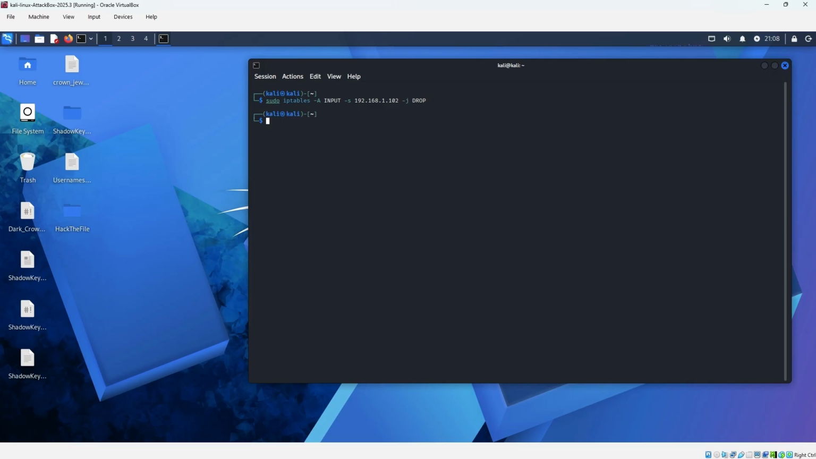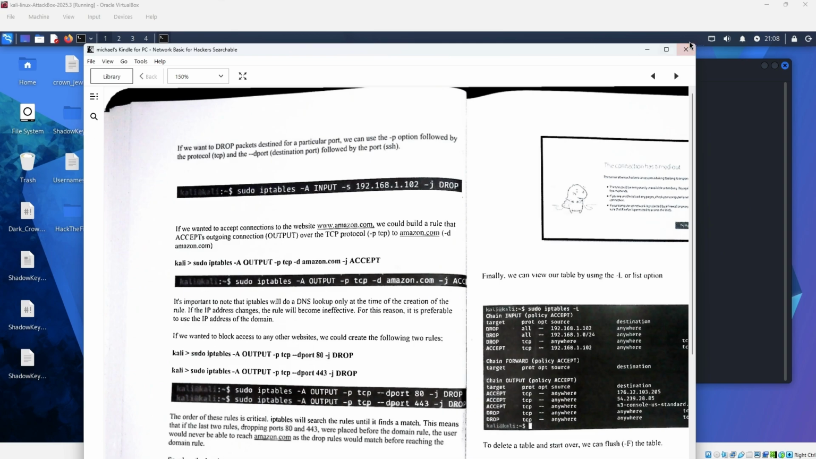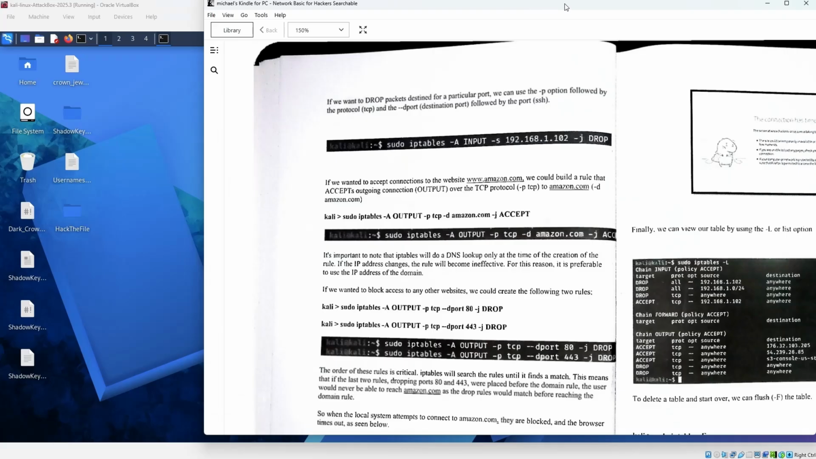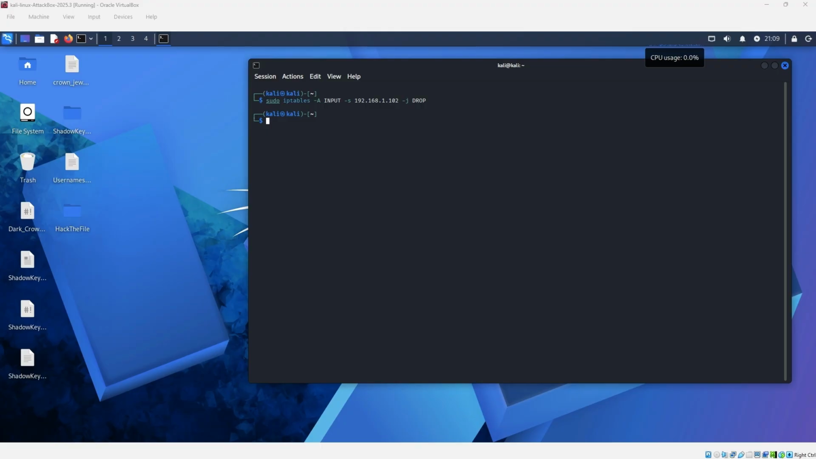All right. If we want to accept connections to the website Amazon.com, we could build a rule that accepts outgoing connection output over the TCP protocol to Amazon.com. All right, let's do that. But sudo